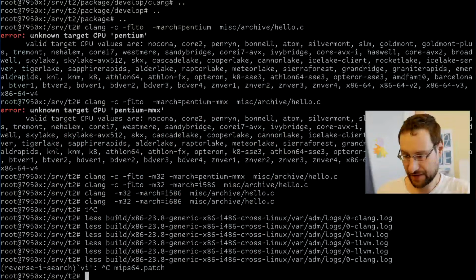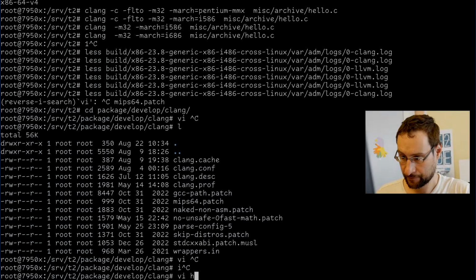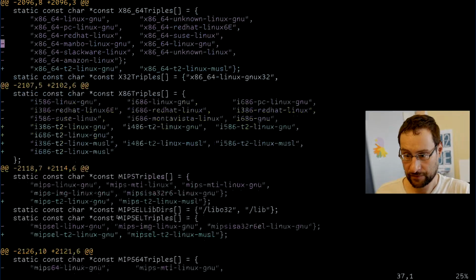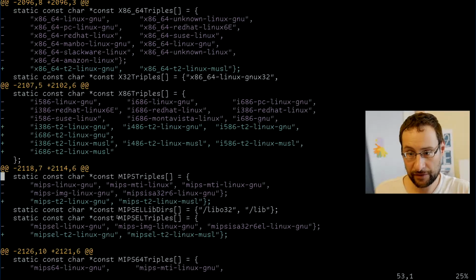So we patch some. The question is, do we patch? Where's our GCC parse? Probably not, right? Ah, it is GCC parse maybe. So what do we have here? No, we patch 386, 486 T2 Linux, 586 T2 Linux. And those with new, so no, it's not that.